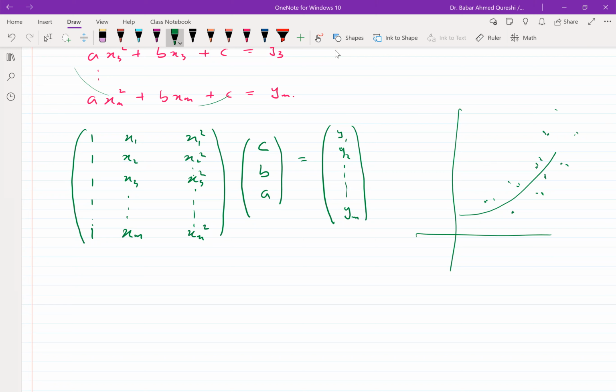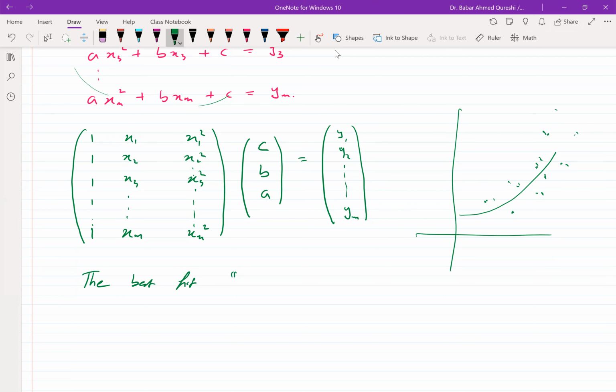So it's not going to exactly follow. But I'm looking for a best fit for these data points. A solution will exist if these points were exactly on this line. But they are not. But a solution which is closest to this line will exist. So in a sense, I want to create those points which are closest to the subspace, which will be an exact solution. So that would be the best fit,